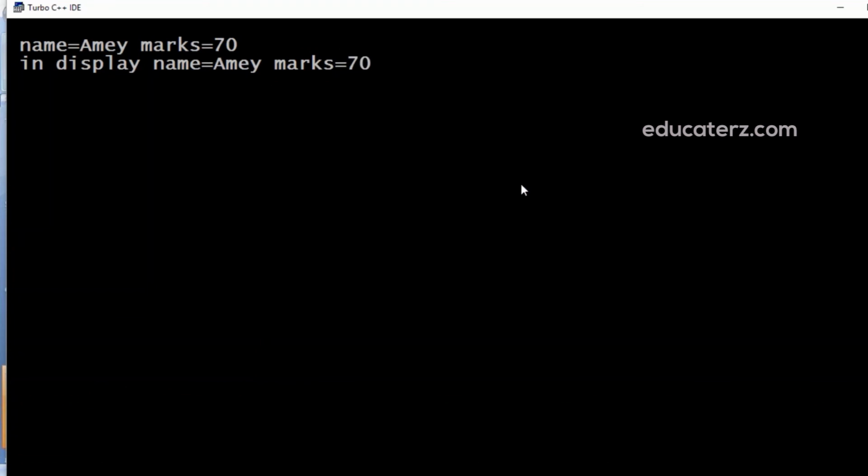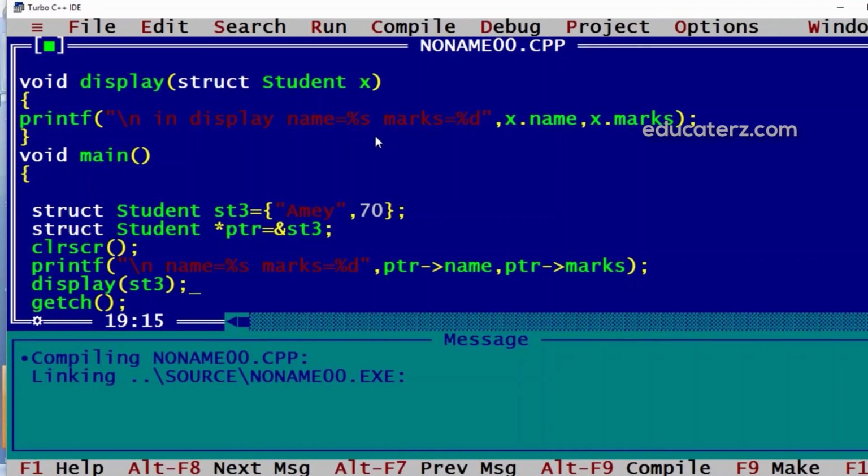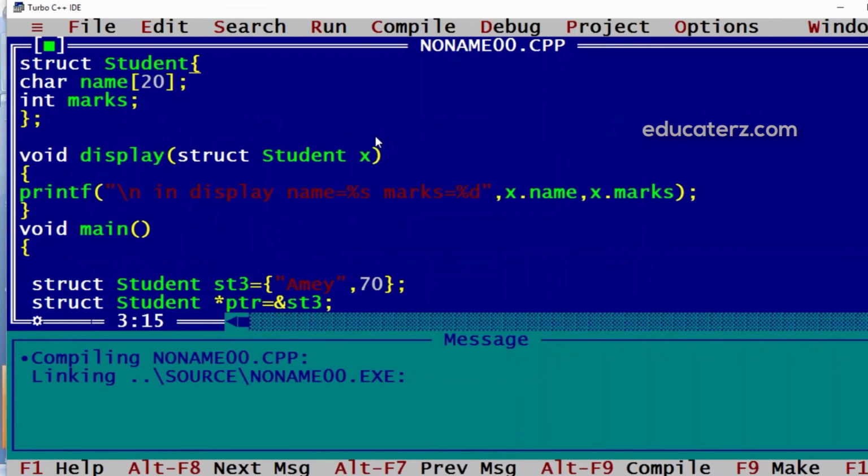Now if I execute this, from display we are getting name as well as marks properly displayed. So this way we can pass a structure variable as a parameter to a function, but only in that case this structure should be declared outside so that it is available to all functions.